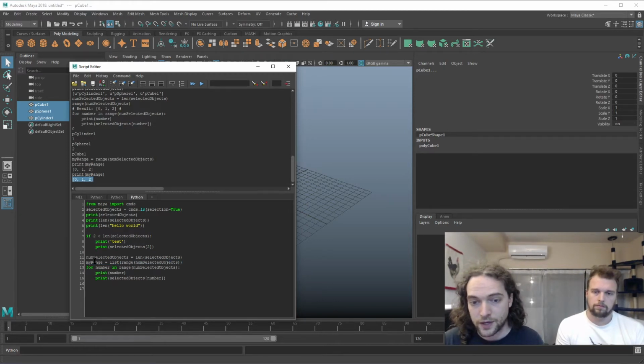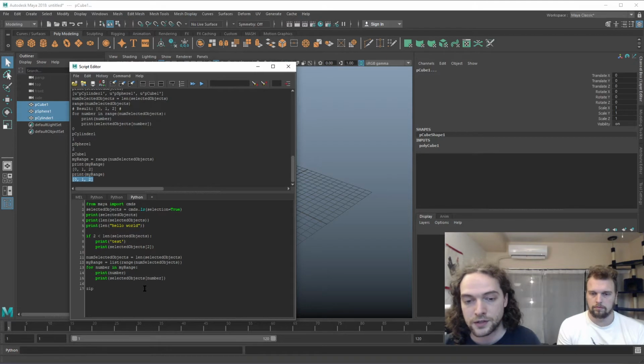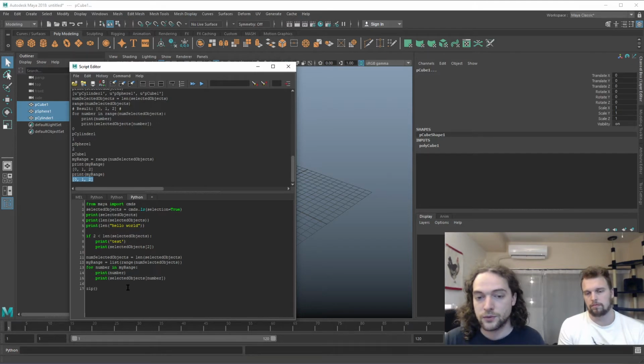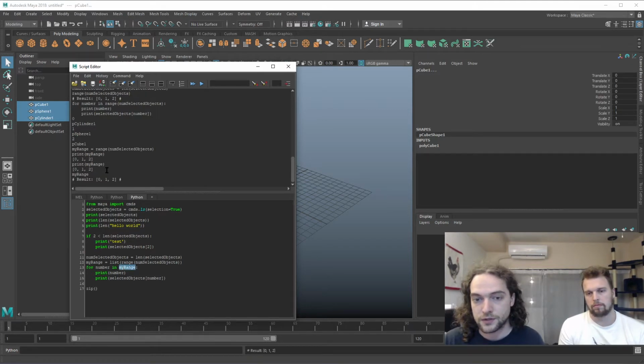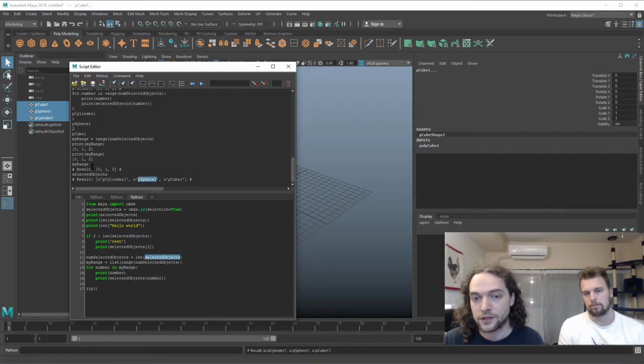And given that range, I'm going to remove this because I'm going to just replace the code with the variable that I created. I can also do a zip function, and a zip function takes two lists. So I have a list of numbers, 0, 1, 2. I have a list of objects, and they are the same length. And when I zip the two lists,